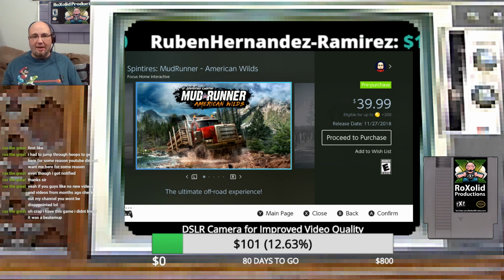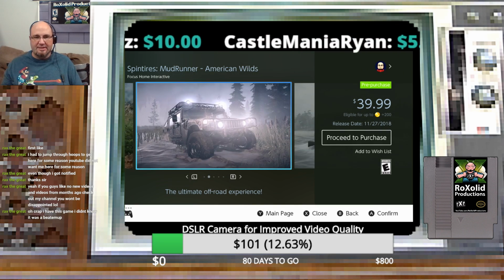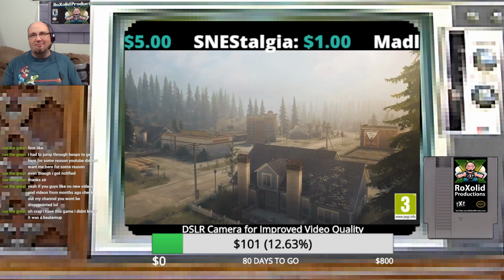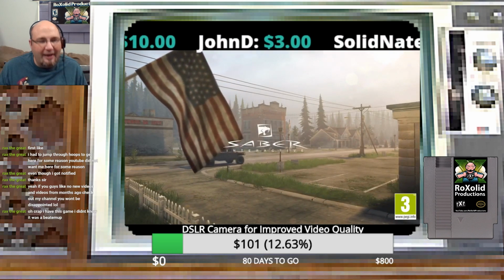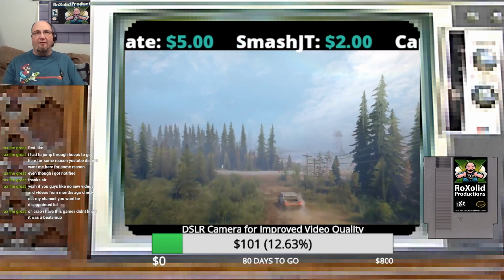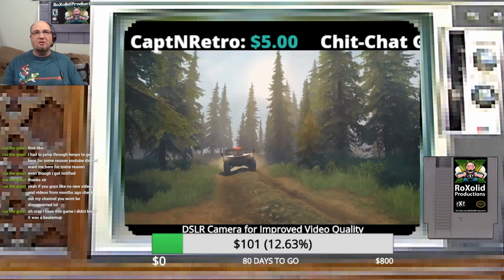Also this week coming out is MudRunner American Wilds, and this is $39.99, and it kind of reminds me almost of the farming simulator games, so to speak. But they are considering it to be the ultimate off-road experience. It is the ultimate version of the indie hit